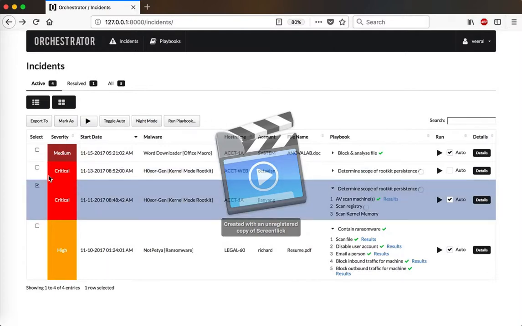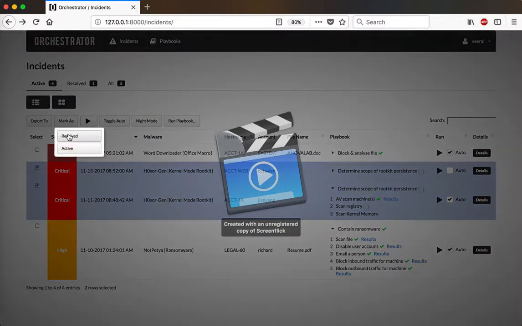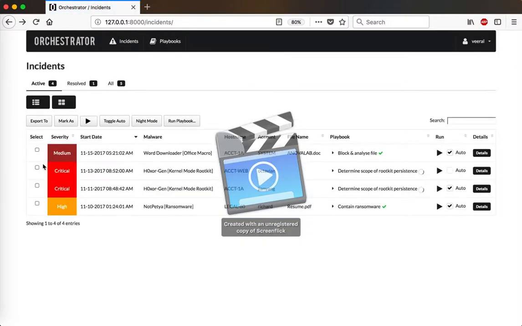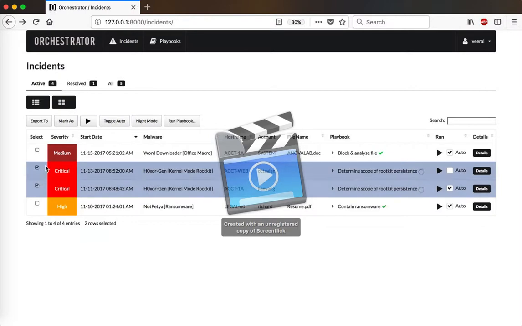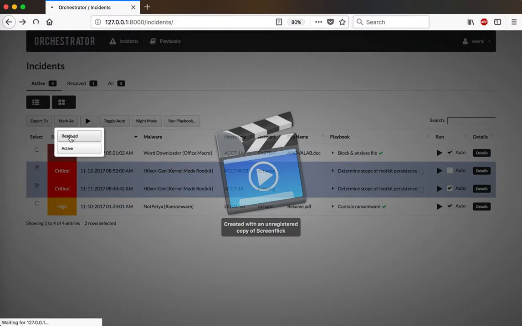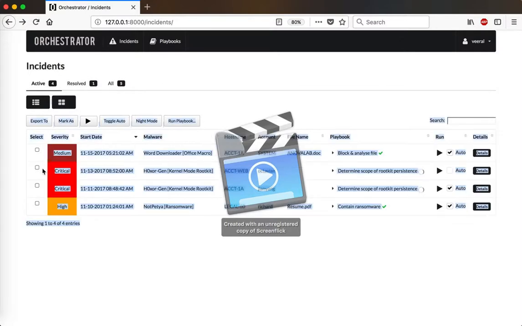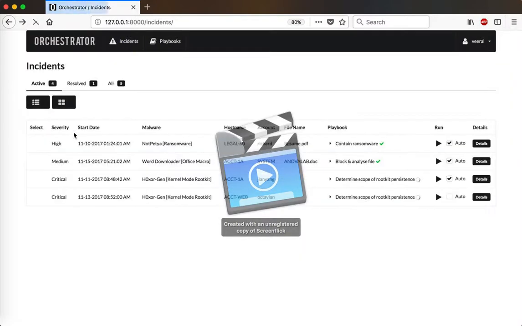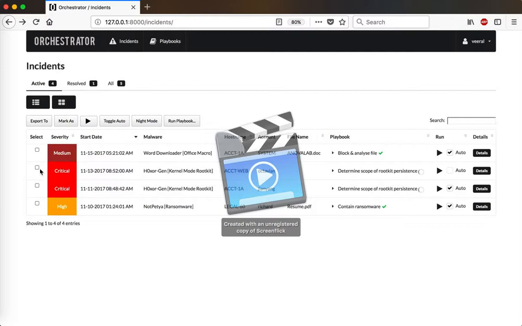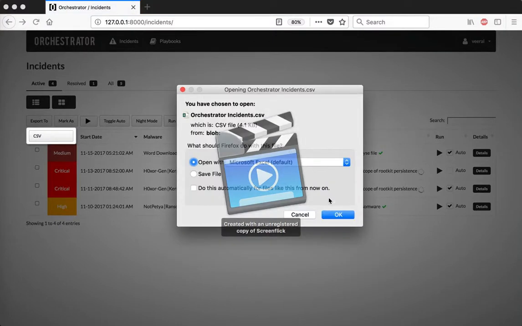So finally, after you've identified the incidents that are actually serious, so let's say these two were not serious. Okay, so these two were not serious, mark them as resolved. Okay, let's ignore that. So let's say these incidents are all serious and we want to investigate them further. We can go export them to CSV, and